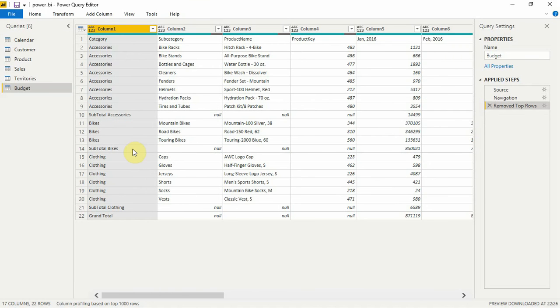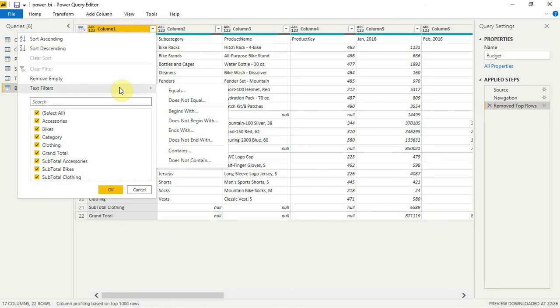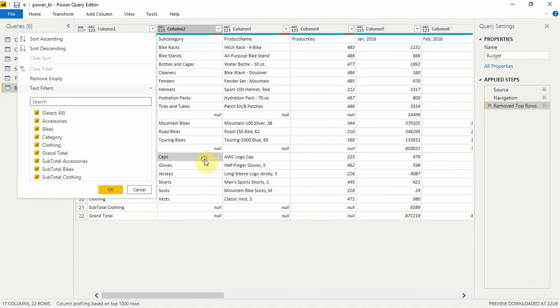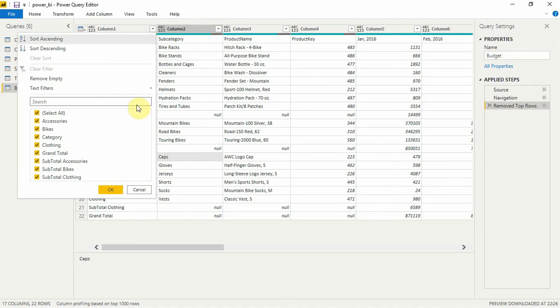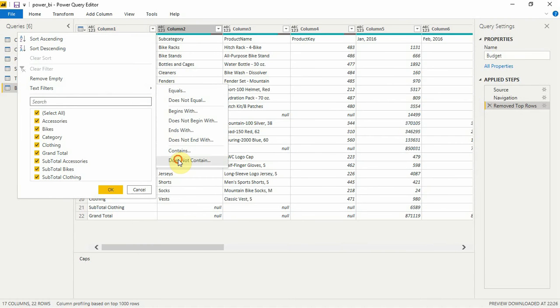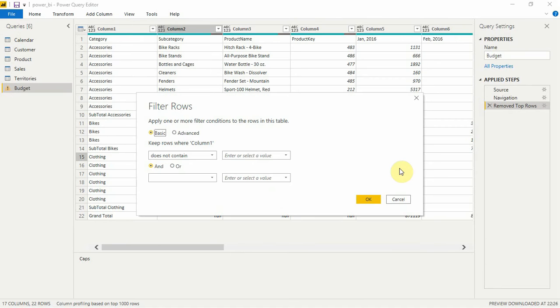So we'll go here and we'll see the text filters, and we'll go to does not contain. Okay, so it's opening. Okay, as you can see, does not contain.